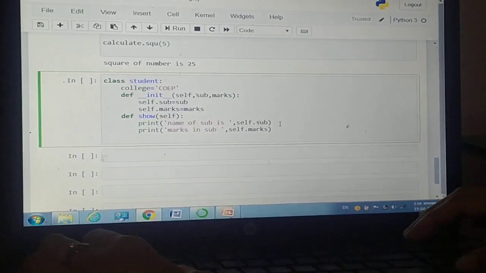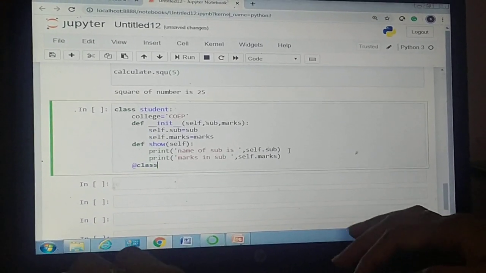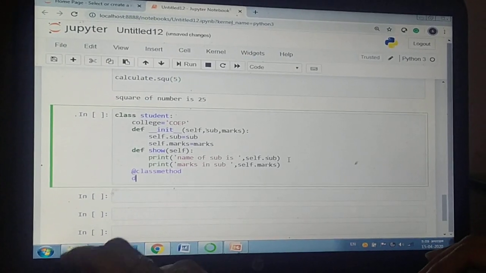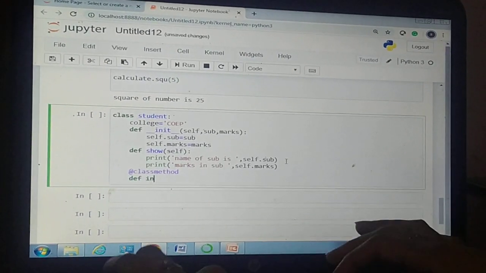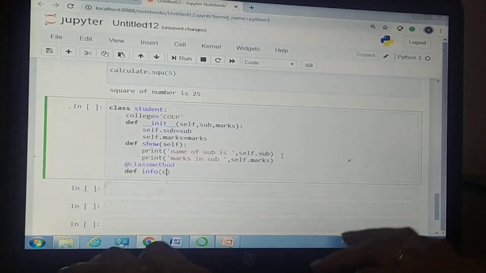Now let's take a class method. Okay, suppose def info cls.